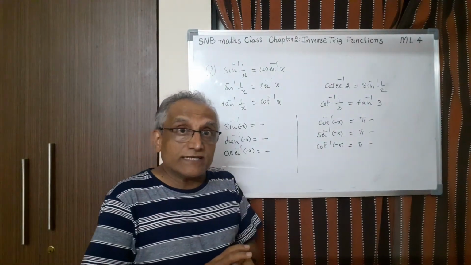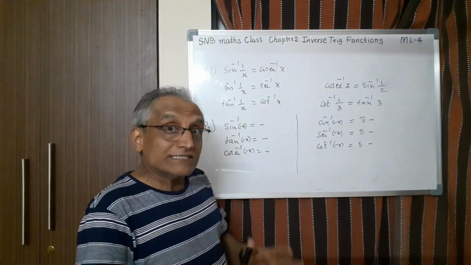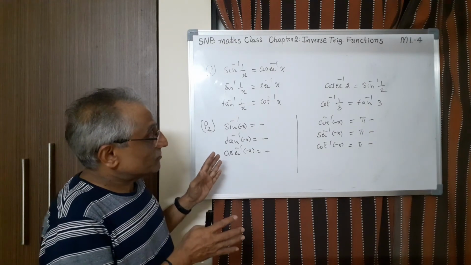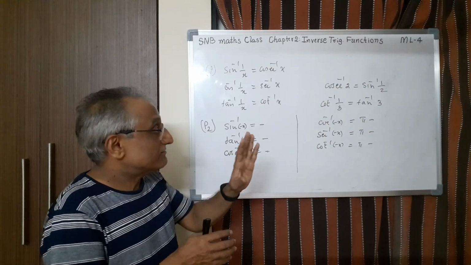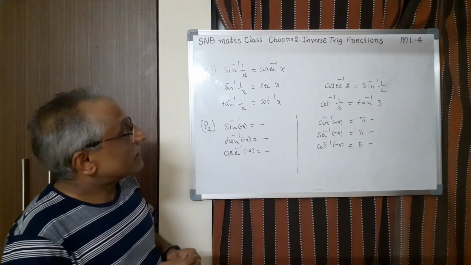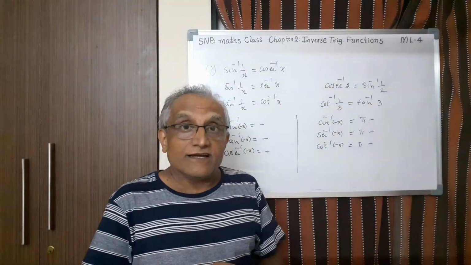Let us continue with the remaining properties in the next lesson. Only a few properties are remaining. What is important is how you prove them. Whenever you want to prove, you have to follow the definition. Without definition, you cannot prove. So you have to practice those proofs. I hope you have understood the nature of the properties and also the proof.